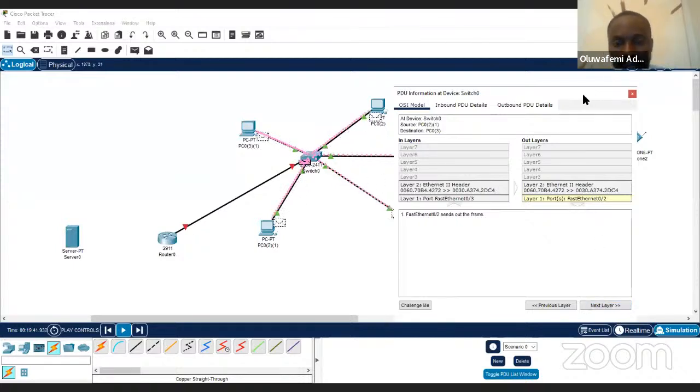Do you understand? Now, the reason why it stopped at frame level, do you understand, is because it's on the switch level. If you are working on a network layer, you would have seen the whole thing played out, but there's no time for that. If you are moving from one network to another, you would have seen layer 7, layer 6, layer 5, layer 4, layer 3, how everything is played out, right?